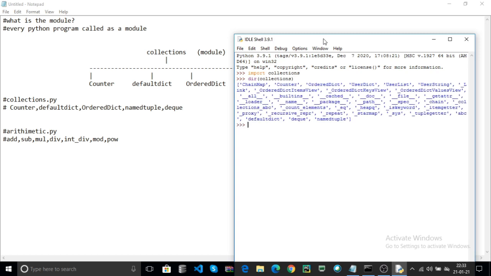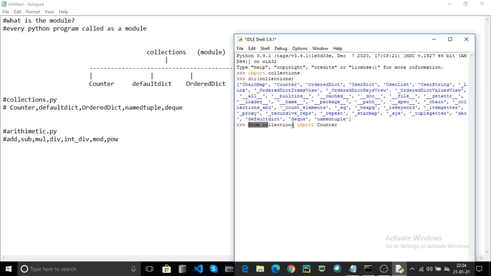That module contains different functions, for example Counter, OrderedDict, namedtuple, defaultdict and deque. And how to import the functions in the module? You can use from collections import the function name. That means from the collections module import the Counter function.